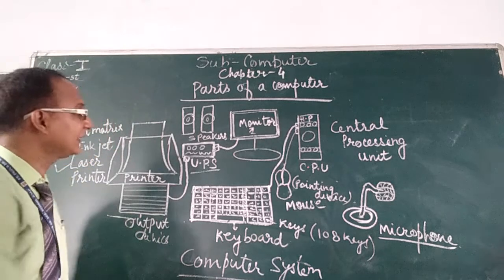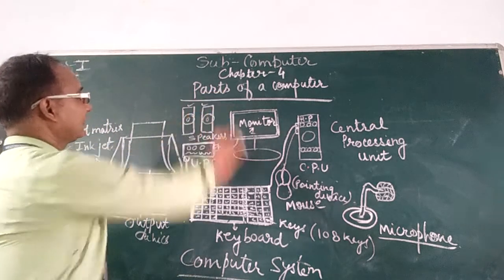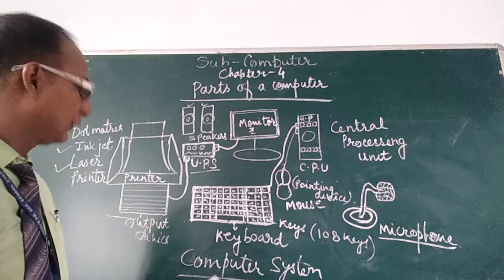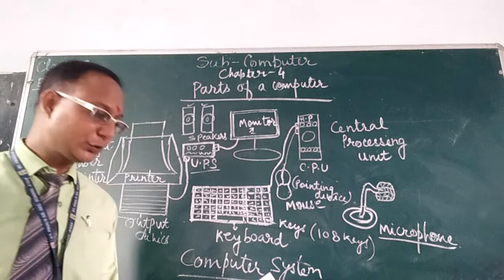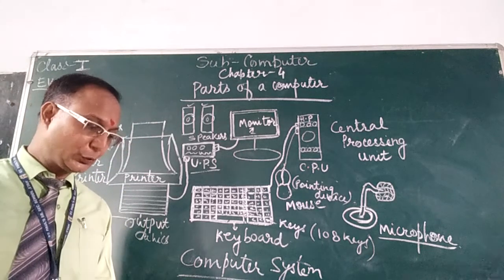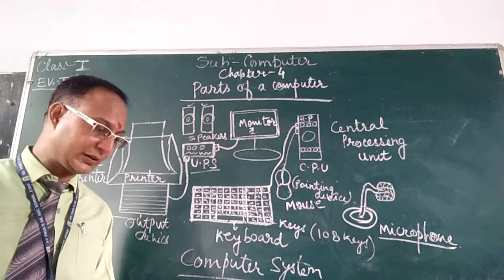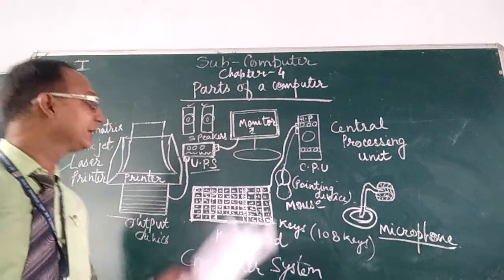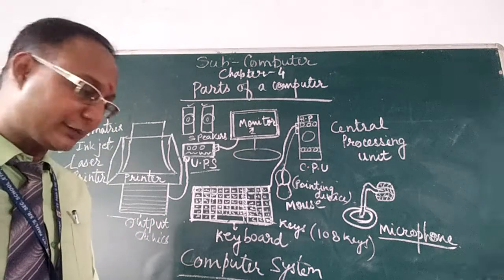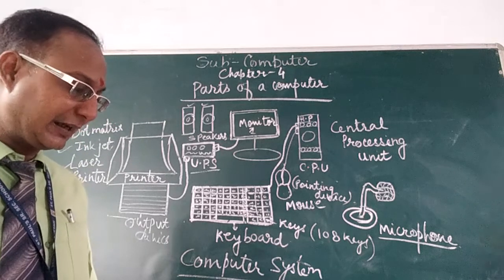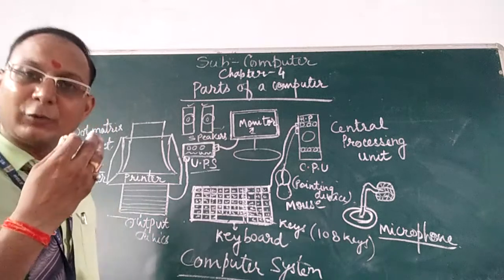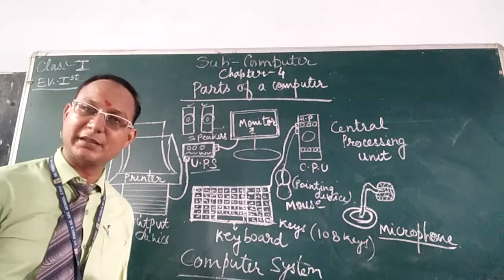Okay? Now after this, there are two more things. These are speakers. Speakers are used to produce sound. What is the work of a speaker? To produce sound. You can listen to music and different audio stored in the computer system using speakers. They are like the mouth of the computer system. We speak with our mouth, and like this, the computer speaks with the speakers.